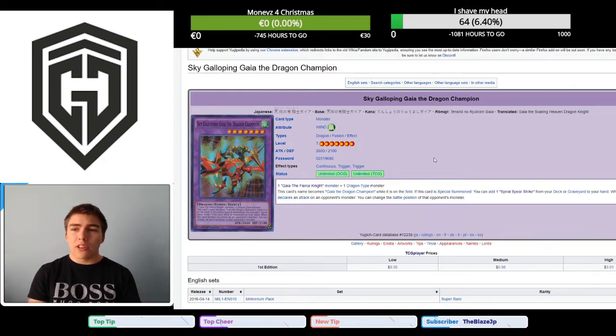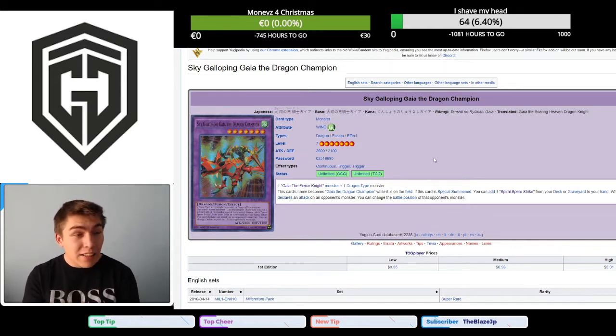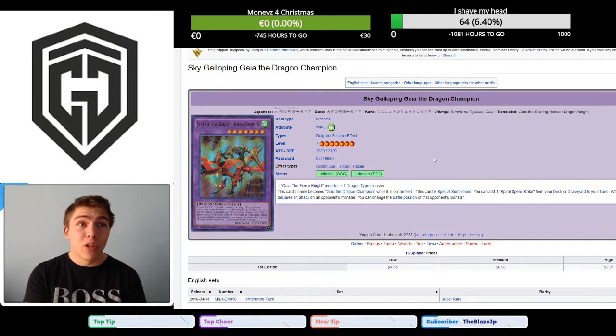It's Gravekeeper's Assailant again. And Gravekeeper's Assailant in this time already proved how good of an asset it was for Gravekeepers. Just changing battle positions can be so relevant, especially back then when Amazon Swordswoman was so prevalent. And I think Amazon Swordswoman is going to be really relevant again after this set, because we get Lava Golem,